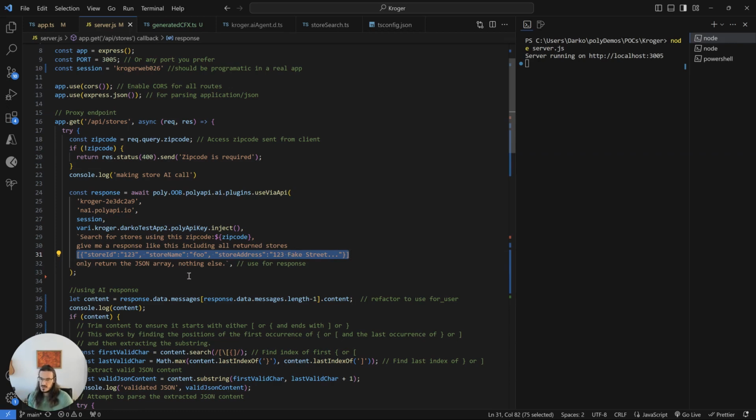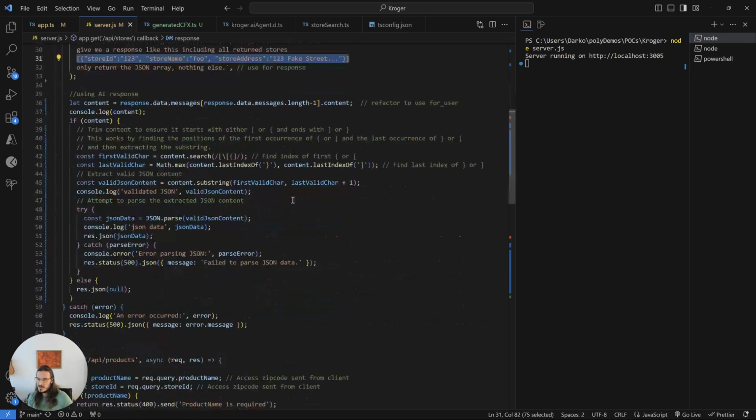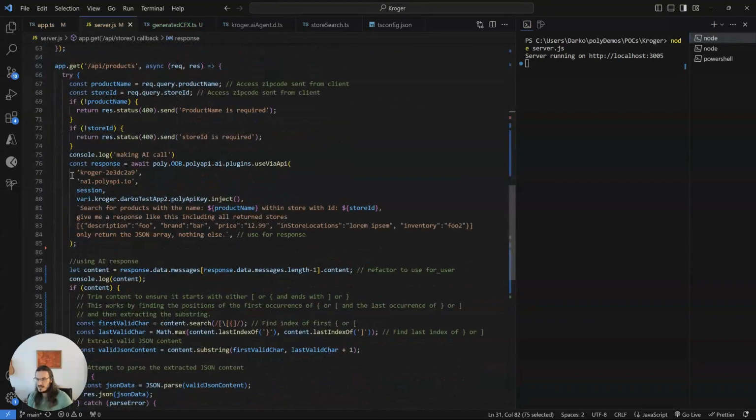And then I say, just give me the JSON and nothing else. And then for the products endpoint, you'll notice I use exactly the same API. So it's kind of one multi-purpose API. The difference is I ask it for products with specific names at specific stores, and then I say, I want them like this. So really powerful if you think about it.